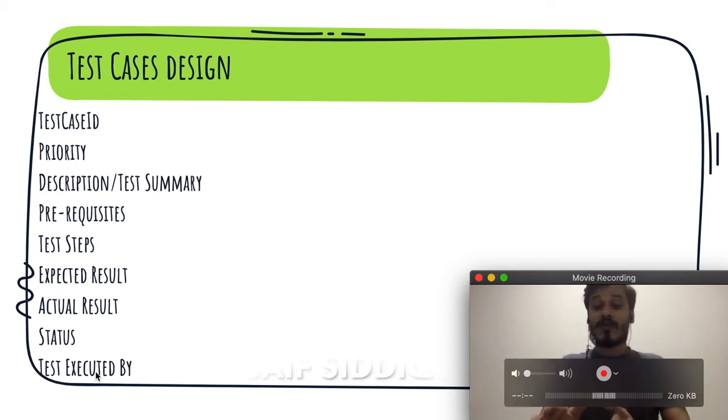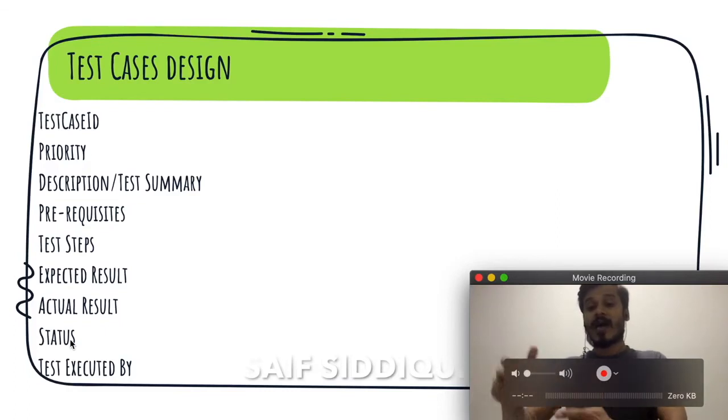And we are going to define all these things, and test executed by. Basically, if we are working in a team of 10-15 members, it will be difficult to know who performed what test and how we can keep track of that. In order to do that, we can add one more column in the Excel sheet where we can define that the test cases executed by me, I will write my name there, and if anyone else is executing those test cases, then we will write their name.